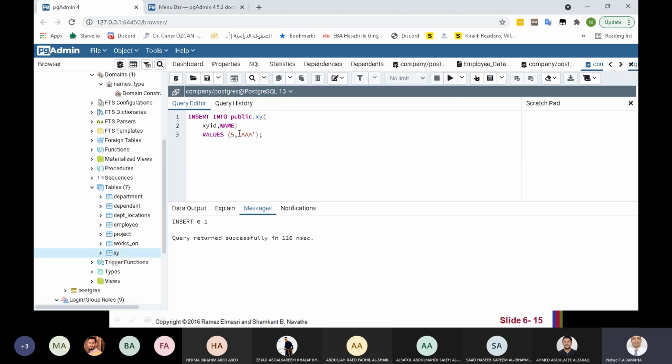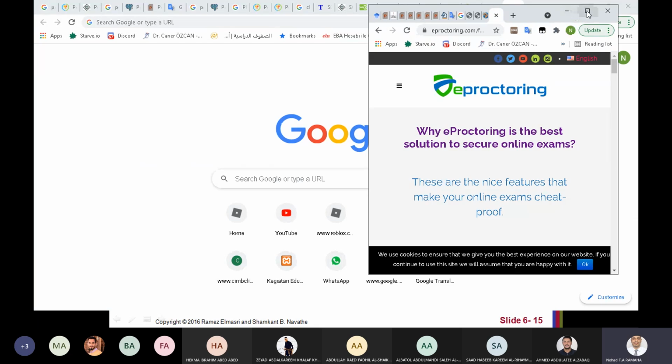We use single quotation for the string here, not double. Okay, single, not double quotation, sorry. That's all. Now, if you want to get information, you can use the select statement. We will see it later. Okay, this is about domain.